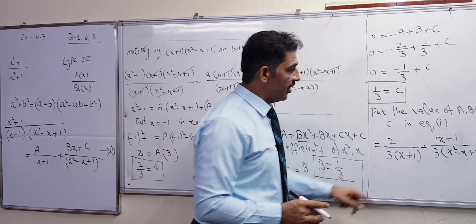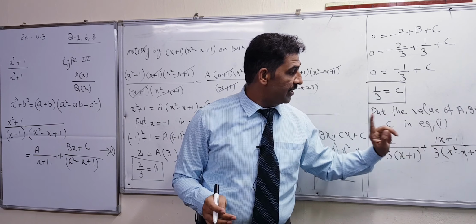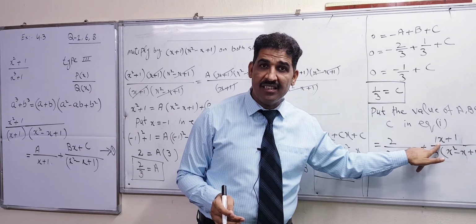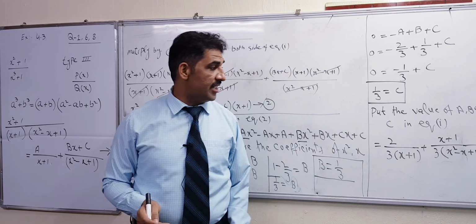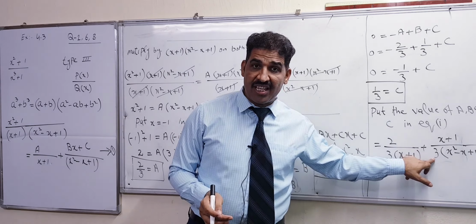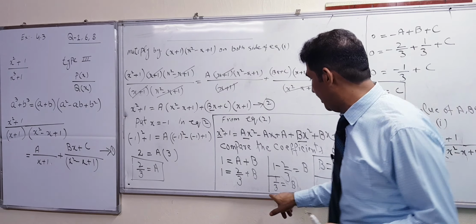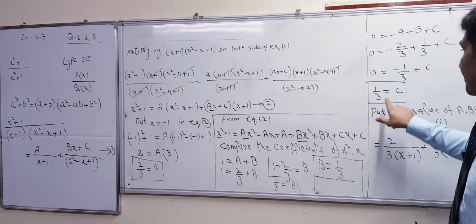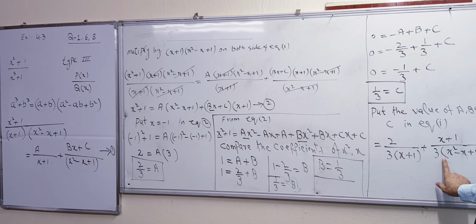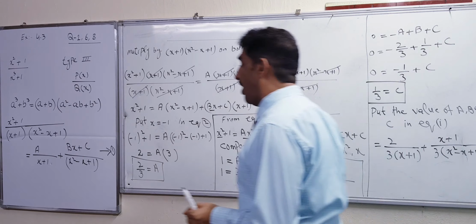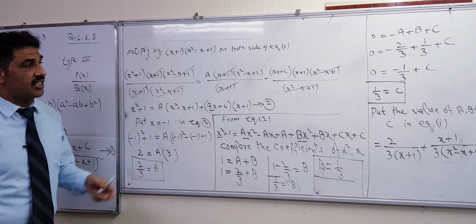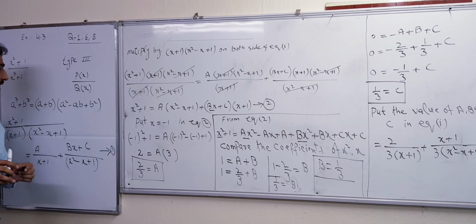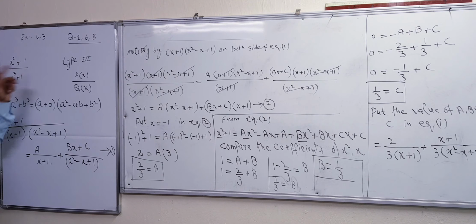This one no need to write, why? Because how many x's are here? 1x, so no need to write this x. That is our final answer. If the denominator is the same for B and C, B has 3 and C also has 3, so you write it directly in the denominator. If the denominator is not the same, then you have to find the LCM, then write it in the denominator. In such a way, our question number 8 of exercise 4.3 is complete.